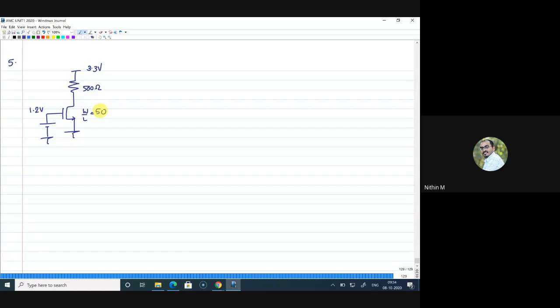Yes, Manikandan, I'll just tell the answer. One second, let me just find out. So this is a circuit diagram given, 500. Now certain quantities are given. Vt is equal to 0.4. Kn dash is equal to 200 microamps per volt square. Given that lambda is equal to 0. Okay. So anyone else tried and anyone of you got answer for this?